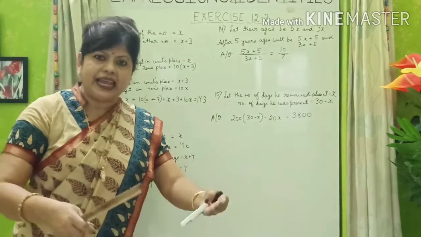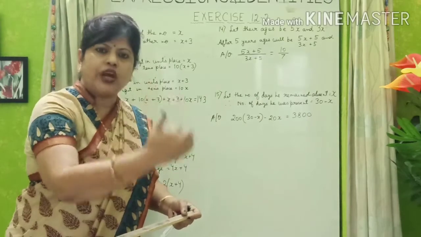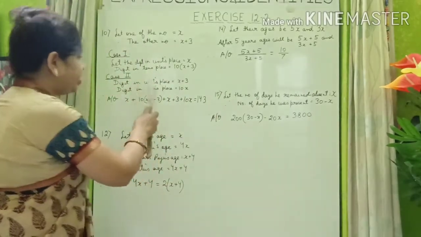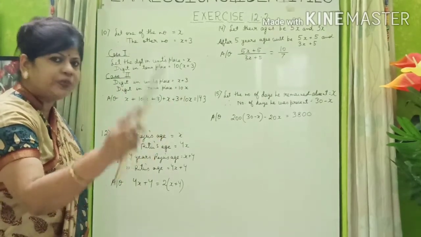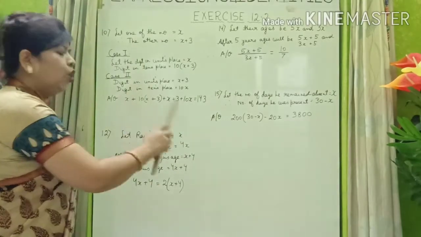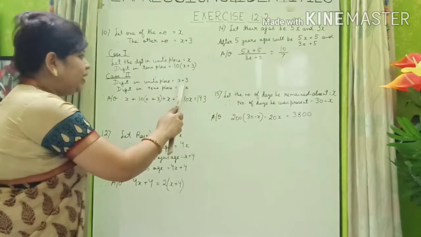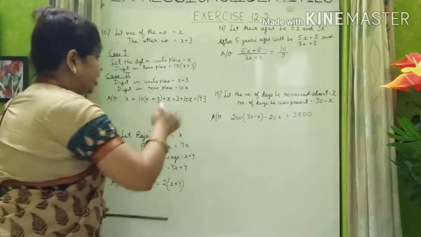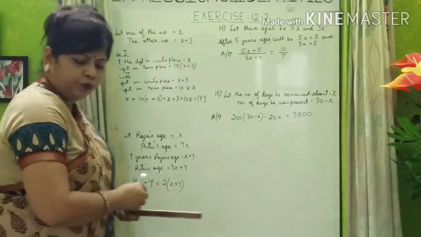Now in the second case, the question says that we interchange the digits. So in case 2, when we interchange the digits, then the digit in units place will be this one, x plus 3. Units place means 1 into this. So it remains x plus 3. And what will be the digit in the tens place now? x. So 10 into x, that is 10x. Digit in the tens place is x. So 10 into x. Follow.